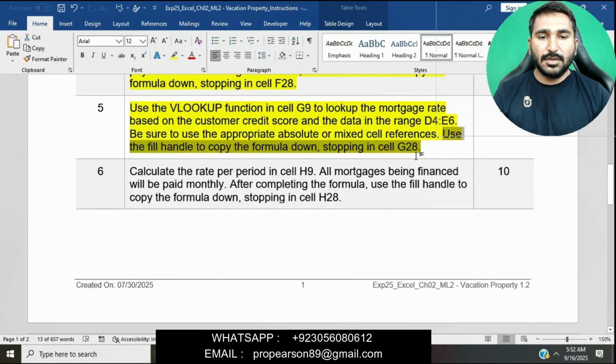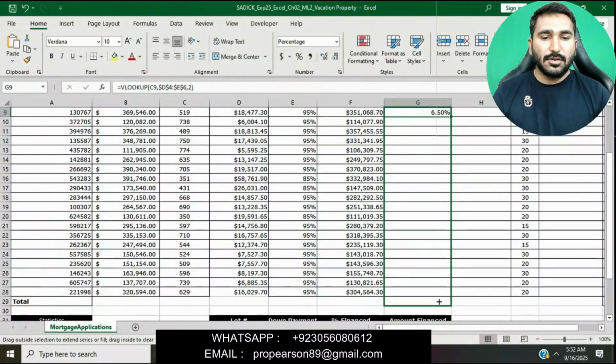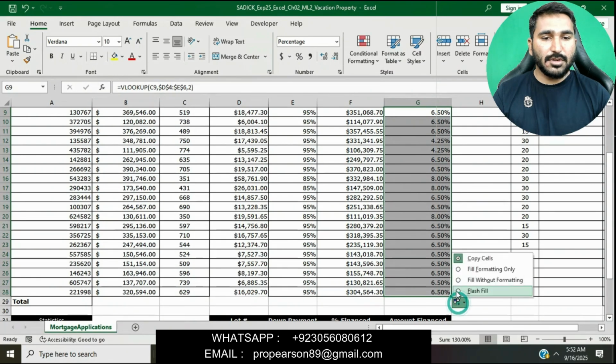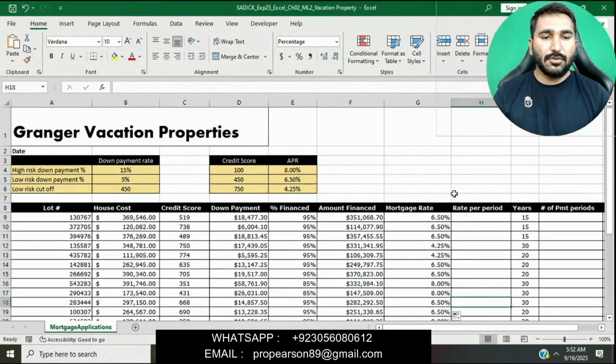Now you can see, use the fill handle to copy the formula down through cell G28. Fill without formatting.